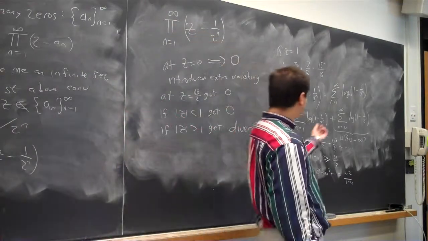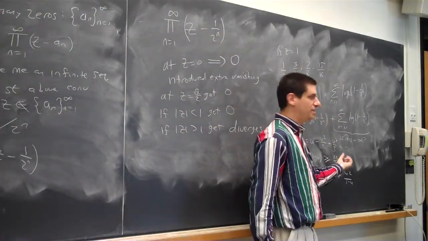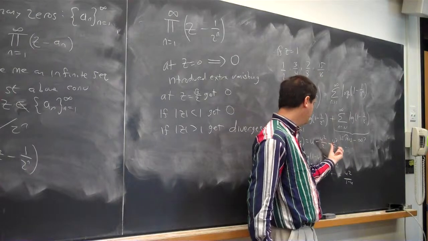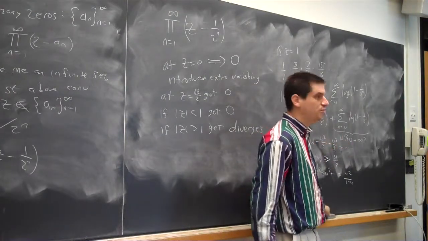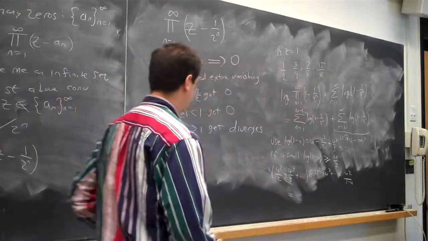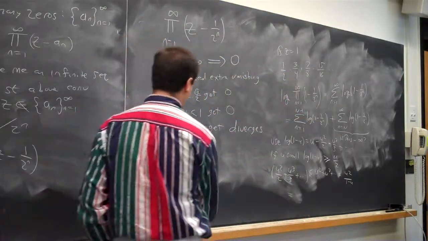Well, my u is going to be 1 over 2 to the n, so eventually this is going to be so small that the stuff over here can't be more than half of u. So this whole subtraction is going to be at least u halves. Okay? Now that we have that,